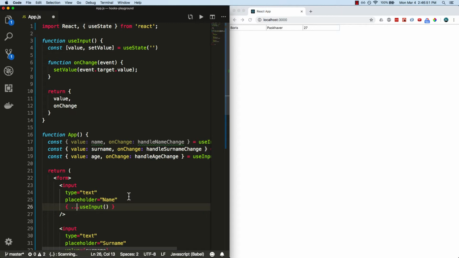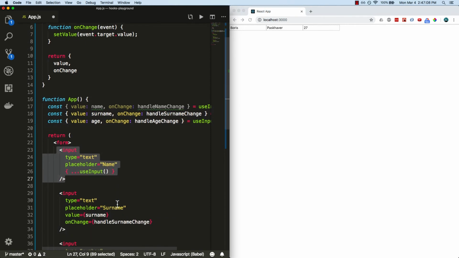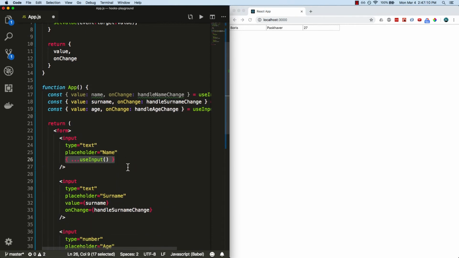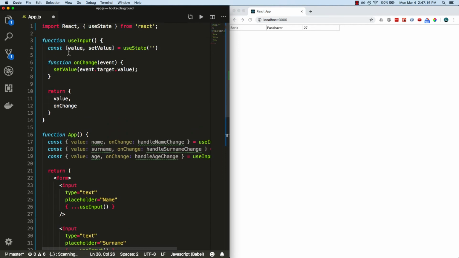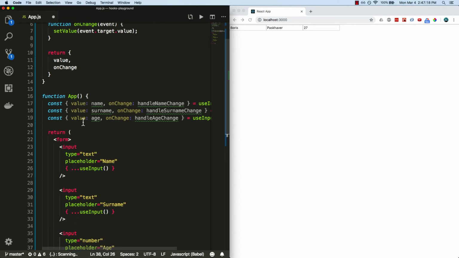But I'm not actually writing the idea of name or handle name change anywhere because React is just going to take care of all this behind the scenes. This useInput and its corresponding state variable and function to update the state variable are all going to be independent and kind of connected to this input automatically. So what I can do is just copy this syntax on line 26, paste it below right here, and paste it below right here. And remember, just because we're using the same state variable name like value,